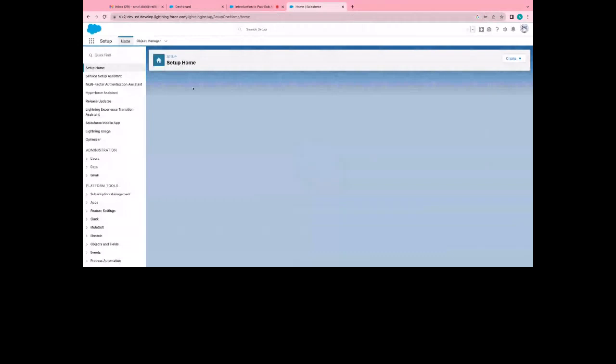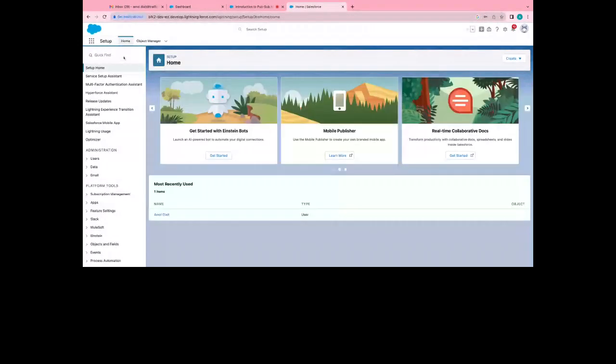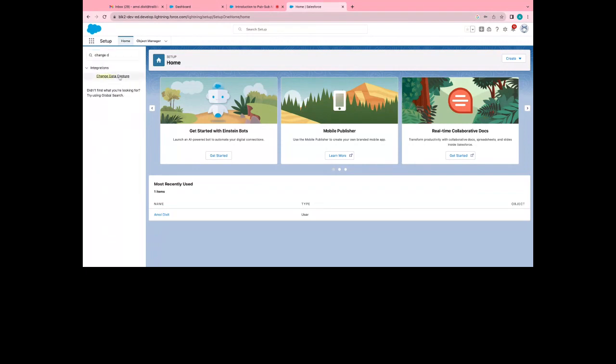Okay, so important thing is there are multiple ways to do this with PubSub APIs. You can do change data capture, that's what we call CDC. Then we can even create platform events. The platform event is kind of a customized event, whereas the standard CDC events are readily available. If you want to use CDC events, it's very easy. You just need to go and search for change data capture, and if you go there, you will see all the objects and entities available for